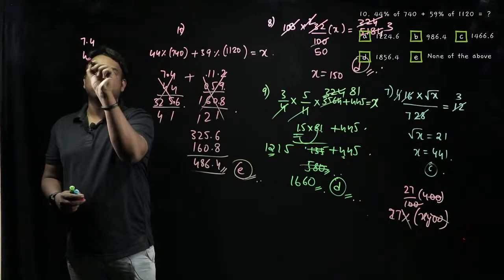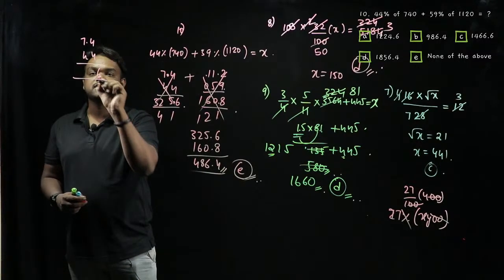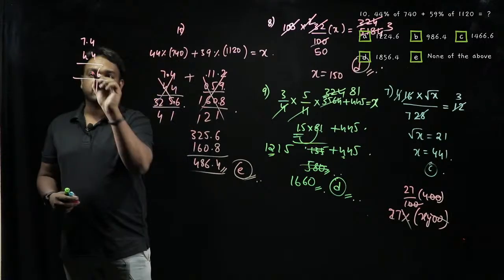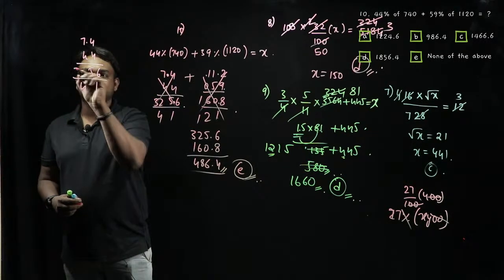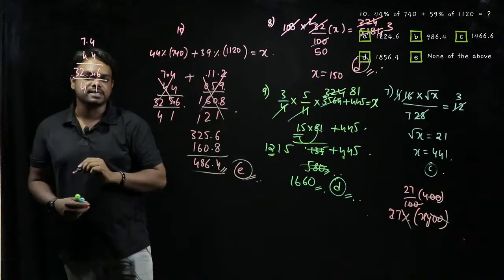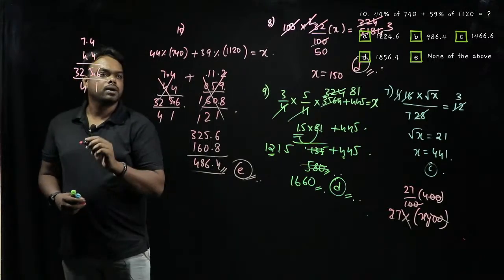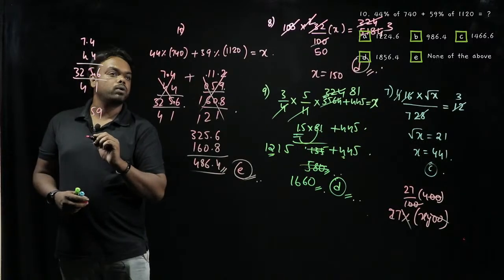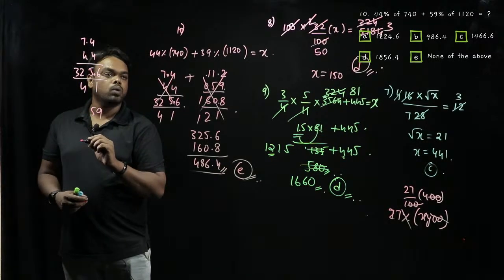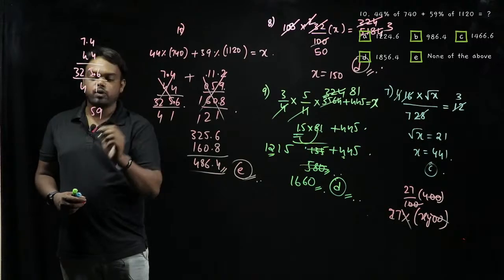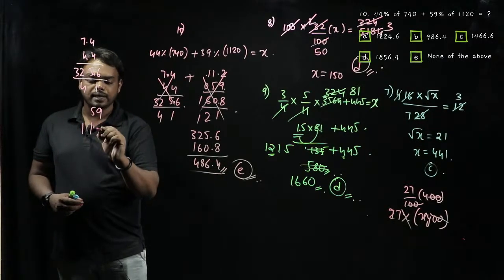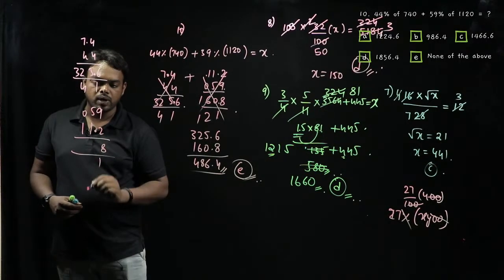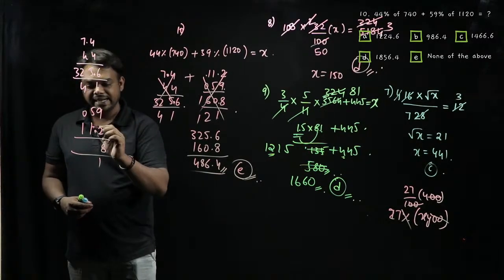7.4 into 44, क्या मिलेगा? 16, 1, 28 plus 16, 28 plus 16, 24, 45, 5 year, 4 year, 28, 32, 325.6. ये तो सही है। दूसरा 59%, मतलब 59 into क्या है वो, 1120, मतलब 11.2। ठीक है, 11.2, यहाँ कुछ नहीं है तो 0 लगाएंगे, 18 हुआ, 1 हुआ तो ये 10 है, ये 19 है, 20, 0, 2